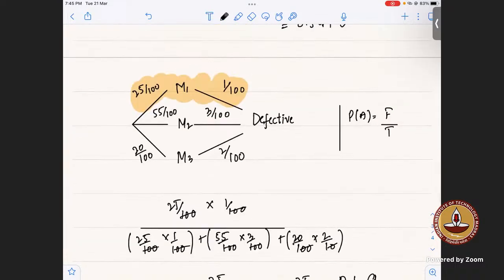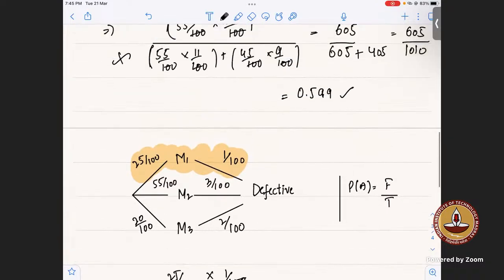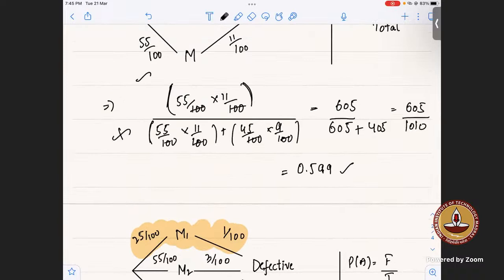Now, what we did in this question is the same. We approached it in a similar manner to the previous question. We had been given an event and told about the end result: we knew that the screw is defective. We first chose a screw, and we knew at the end it's going to be defective. But what it asked is something in the middle: given that the screw is defective, what is the probability that it came from machine one?